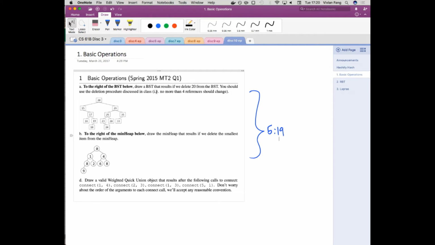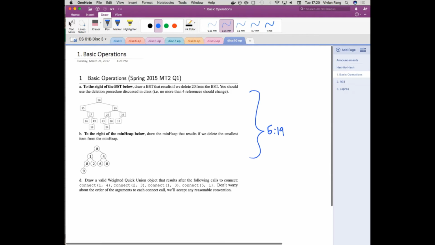Okay. So let's delete from a BST. What is our protocol for deleting from a BST? See what I did there? Okay. So especially when we're deleting the root of the BST, what nodes can we promote to be that new root?